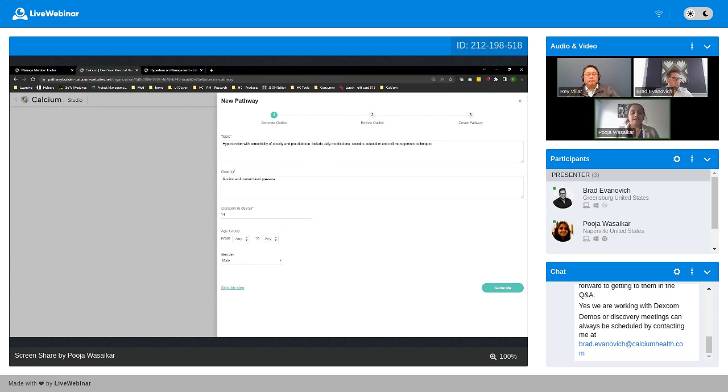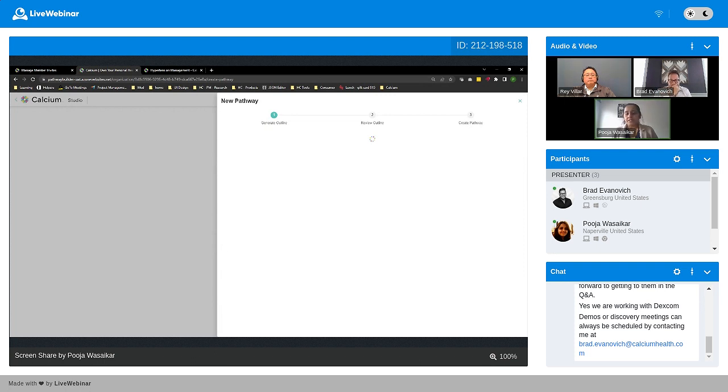So, to begin with, we would like to start with a 14-day pathway to see if this is really helping Ken or not. We can create it for a specific age group and say, hey, Ken is 55 years old, and let's build it specifically for Ken. Or ABC Health can look at our core platform and see that most of their male patient population who has hypertension have prediabetes and obesity, so it would help all their male patients. They could create this pathway for that entire segment of their patient population. So let's take that as an example and generate this pathway.